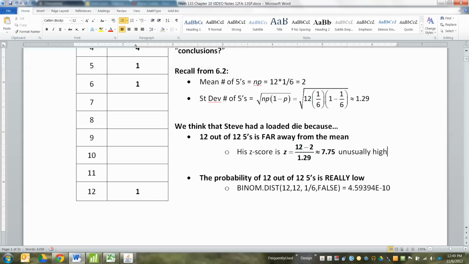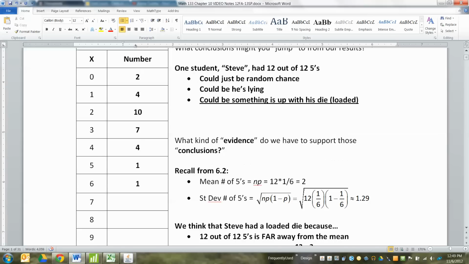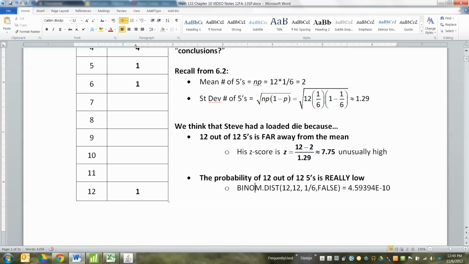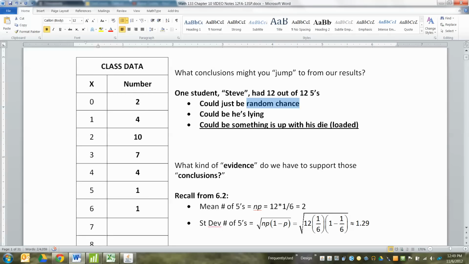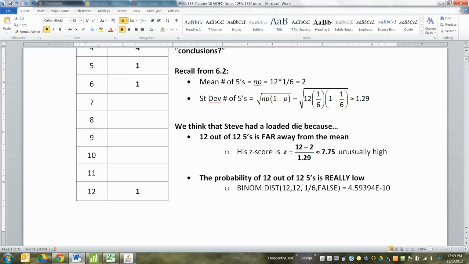Very high. The other way you can think about it is his die is loaded, because the chances of getting what he got just by random chance, by random accident, is really, really low. In Excel, it's this function, BINOM.DIST, 12 successes out of 12 trials. The probability of success was 1/6, false. And you can see it's 4.59 e negative 10, which means it's